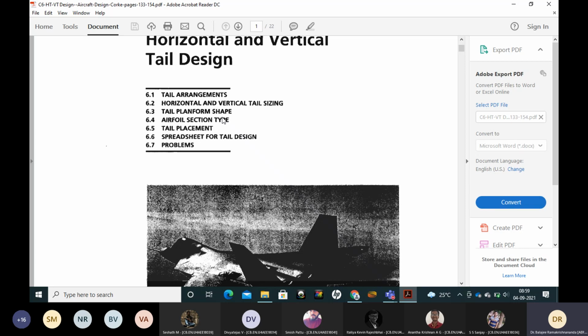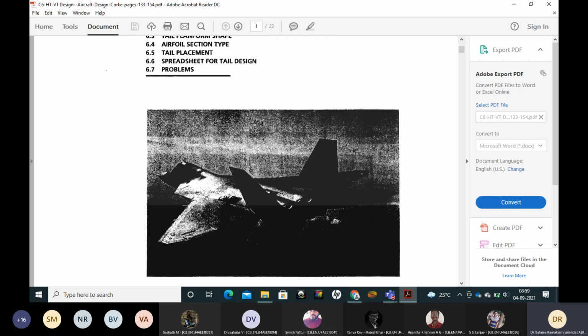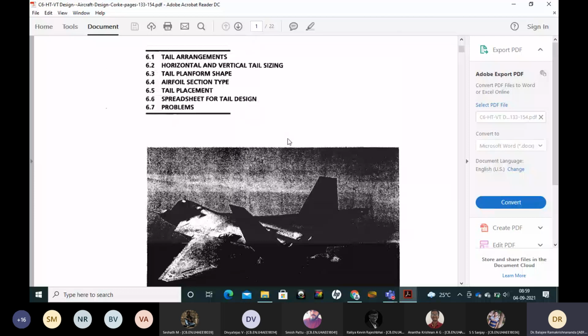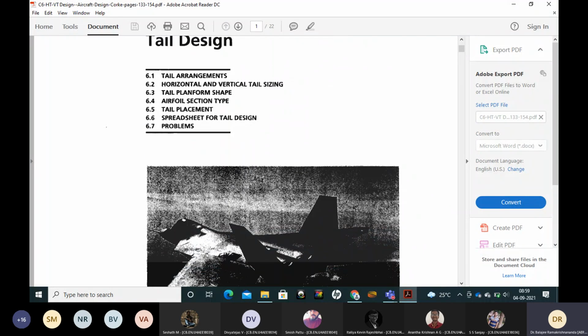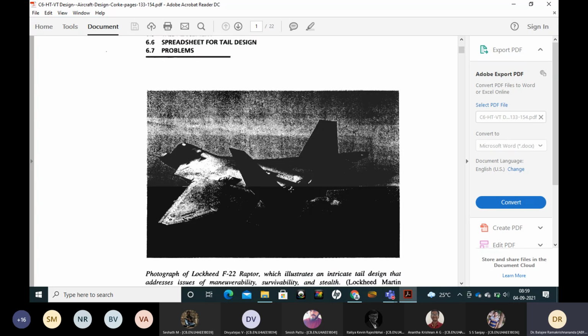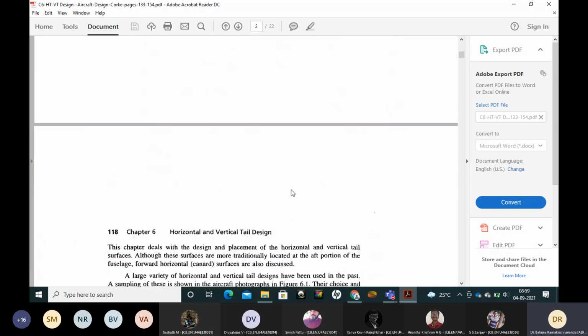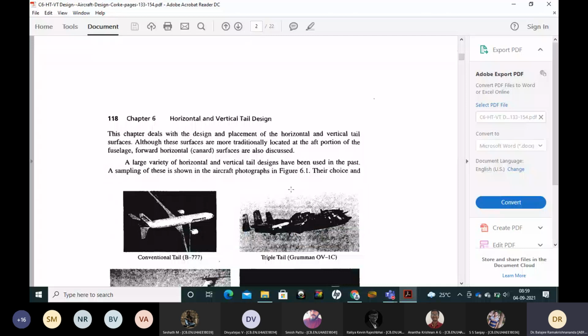So that is tail placement. And after that, the design is over. Okay, so this design is not very difficult. If you know wing design, you repeat it for horizontal tail and vertical tail. Only thing is how to find the area and the distance. And then there's one more thing called spin control. There's something called stall control, which we'll come to initially.